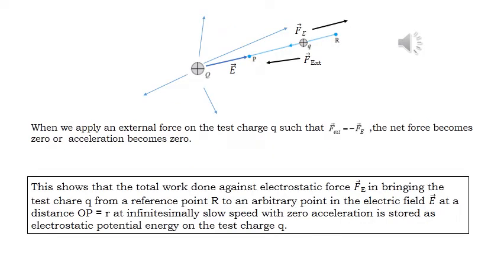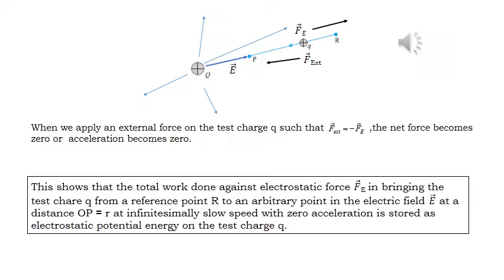So according to the diagram, what should be the amount of external force? We can give any amount of external force, but the minimum amount of external force is given in order to counteract, just balance, the electric field force. That's why, look at the first line, F vector external force equals minus F vector due to the electric field. Both are equal and opposite in nature.